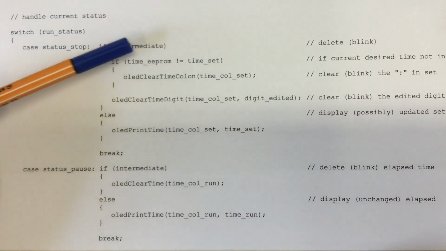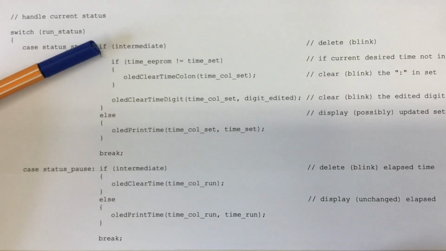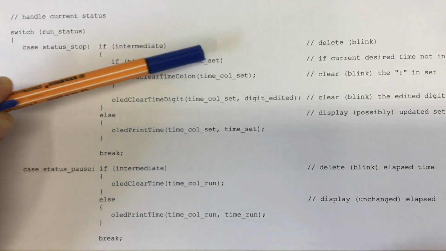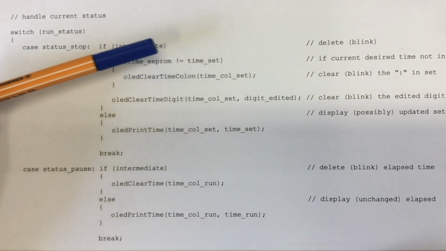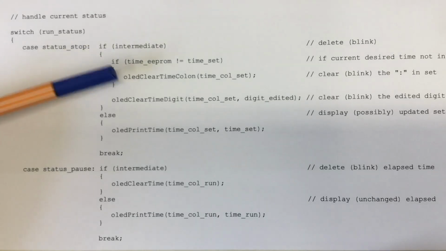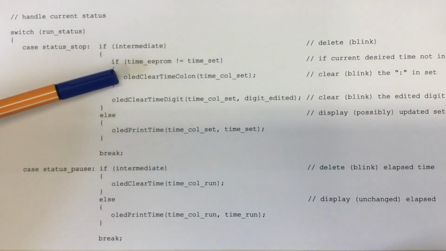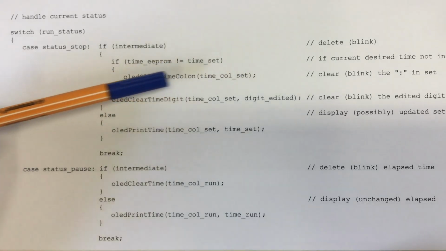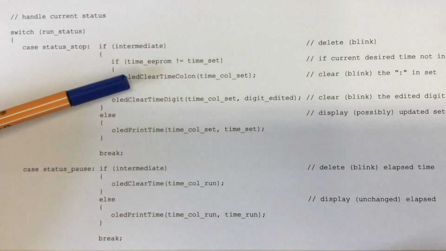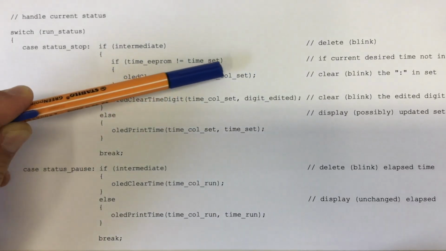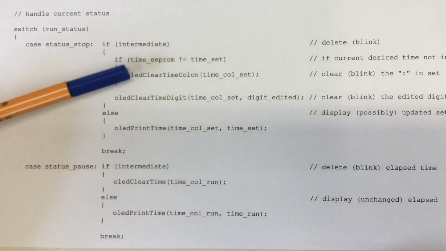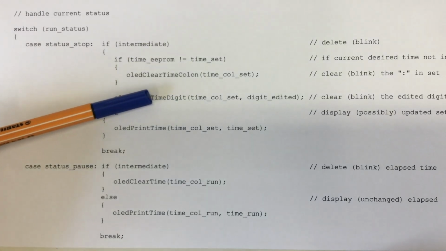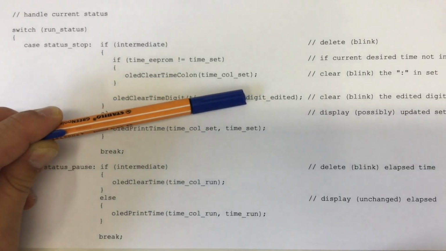And if we are in an intermediate call of the function and the EEPROM time is not equal to the set time, then I'm actually, and again, I will talk about those OLED functions later on, an OLED clear time colon. So I will erase the colon, or I will blink the colon in the set time. I always clear the digit which is currently edited,